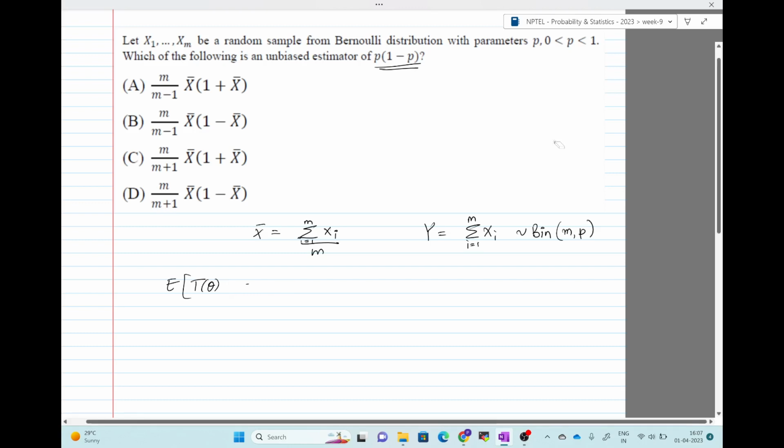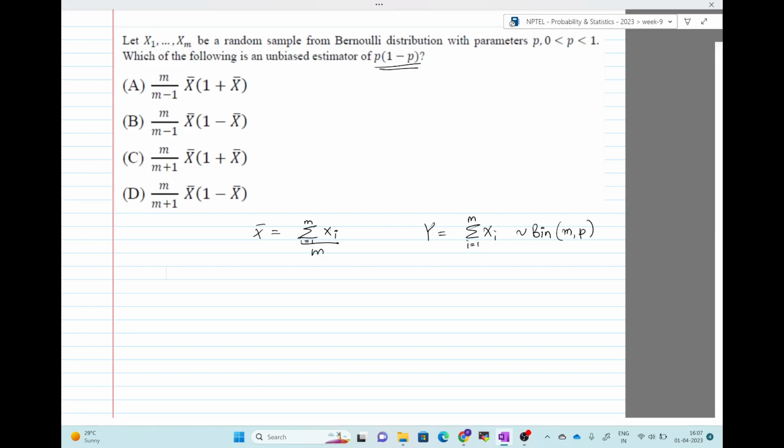Let's take these options and try to find out. If you look at it, we'll have an x bar square term also when these multiply. So we know the expected value of